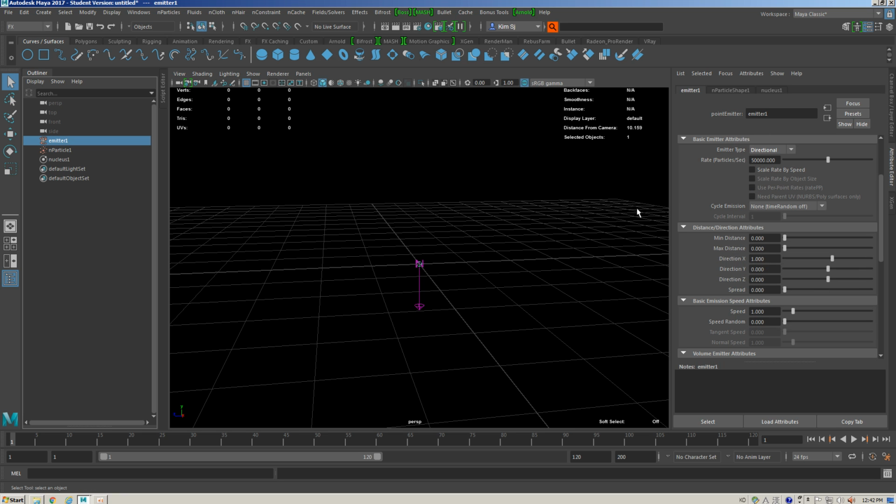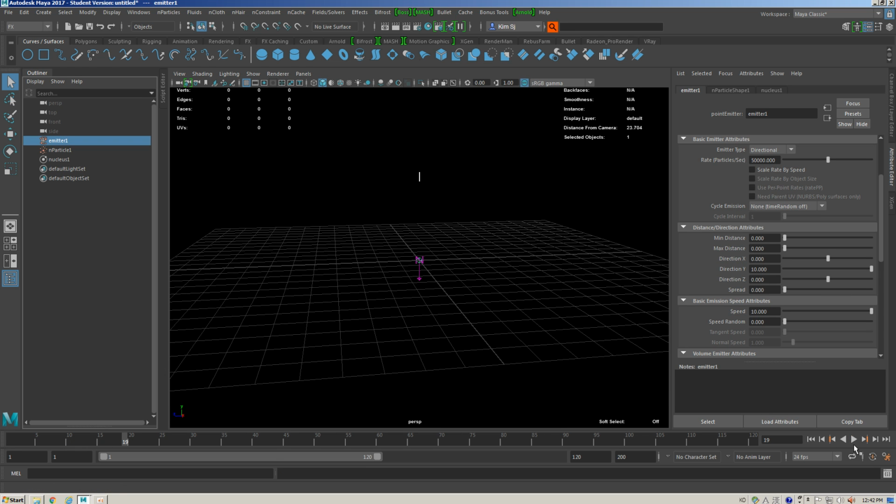I'm just gonna emit this up there, so direction Y to that. Maybe it needs more speed. Alright, it emits up there, but